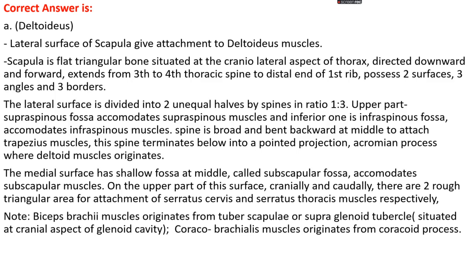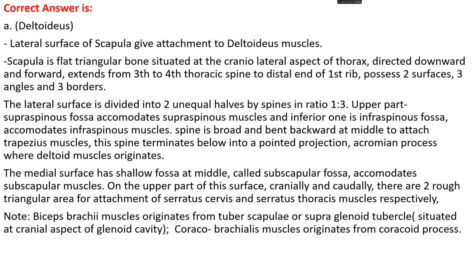Okay, the supraspinatus fossa accommodates the supraspinatus muscle, whilst the inferior one accommodates the infraspinatus muscle. The spine is broad and bends backward at the middle to attach the trapezius muscle, and it terminates below into a pointed projection, known as the acromion process, where the deltoid muscle